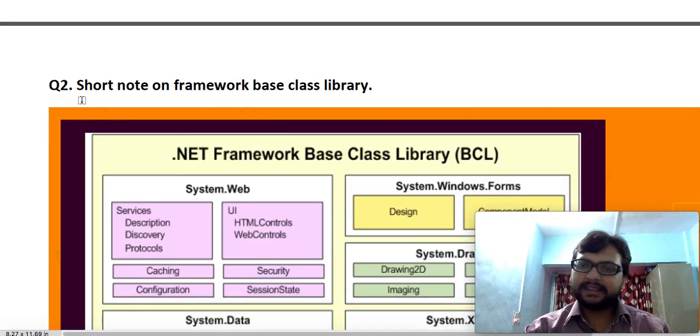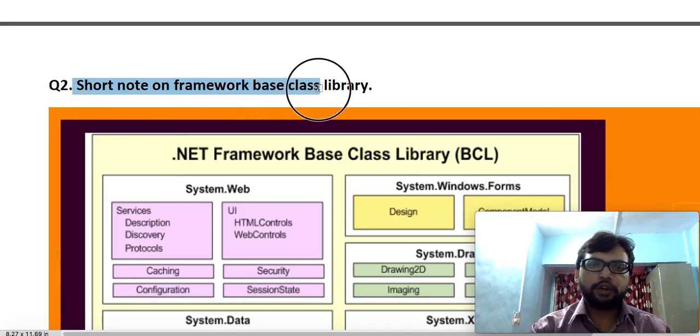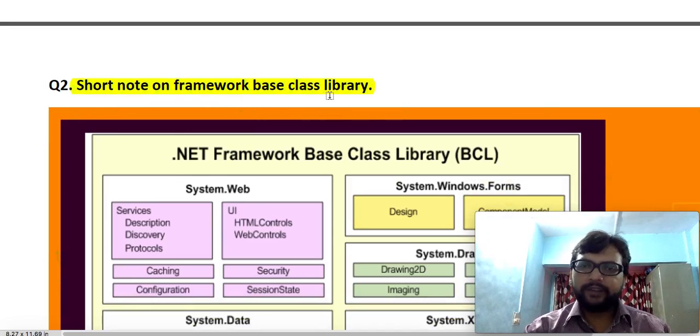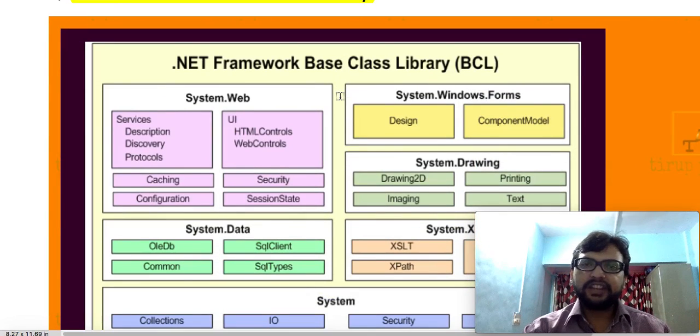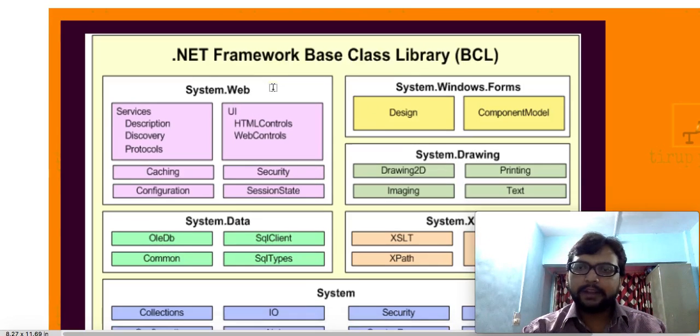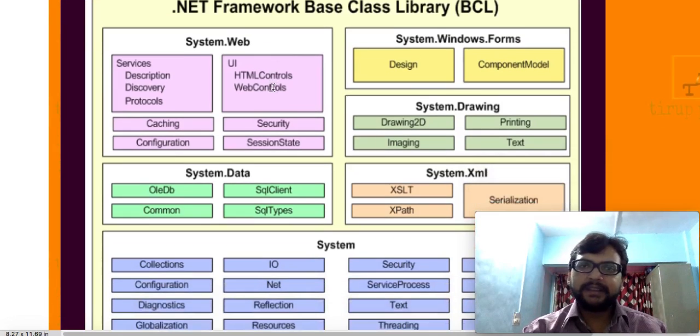Let's start discussing the second question. What is the second question? Short note on .NET framework base class library. Now I have given you this particular picture here. As you can see, .NET framework base class library. Now you don't need to memorize each and everything, but if you refer to these notes 4 to 5 times, at least कुछ तो याद रहेगा. So what do we need to memorize here? First, just try to memorize that we have some